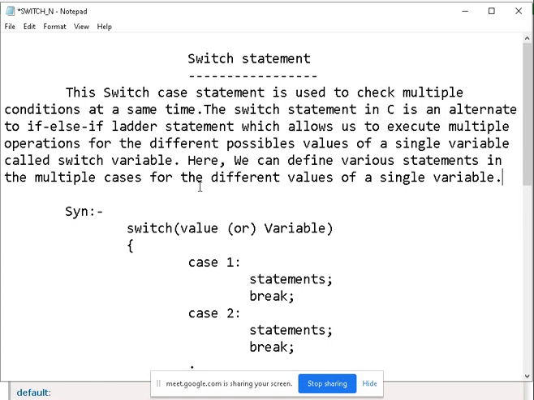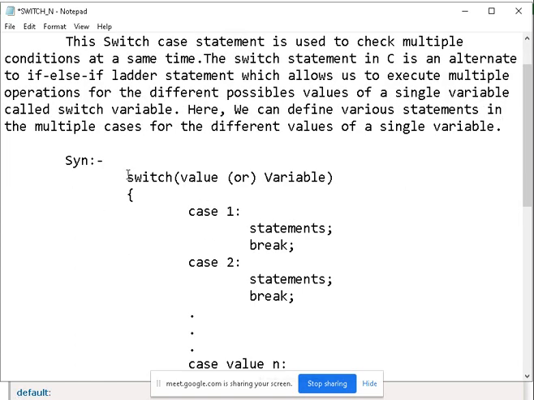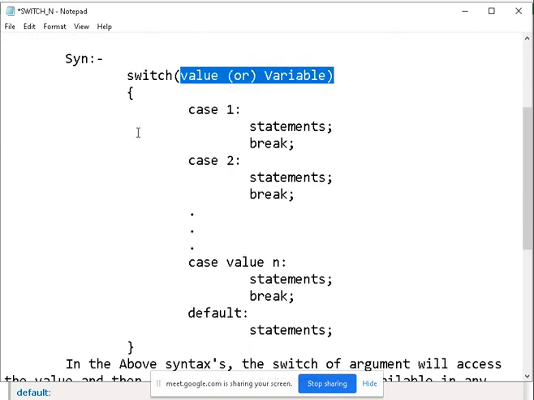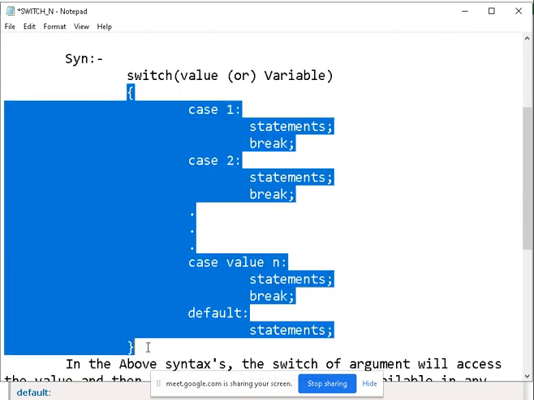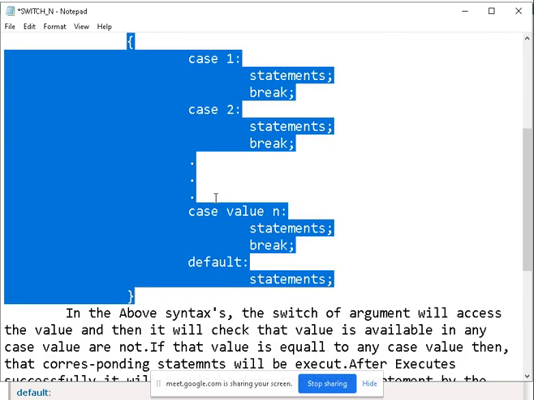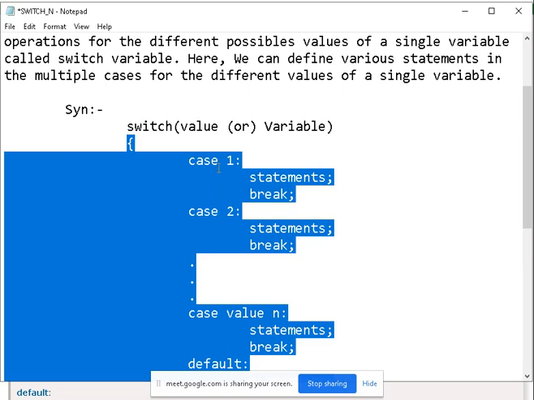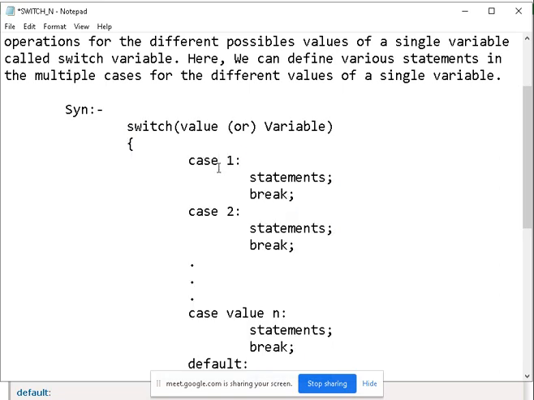So here, in simple words, the switch is the server, and the value you have selected is the item you have ordered, and all the options are your kitchen. So case 1, case 2, case 3, case 4, case 5, up to n number of cases. Every case is nothing but a different item available in that particular hotel.